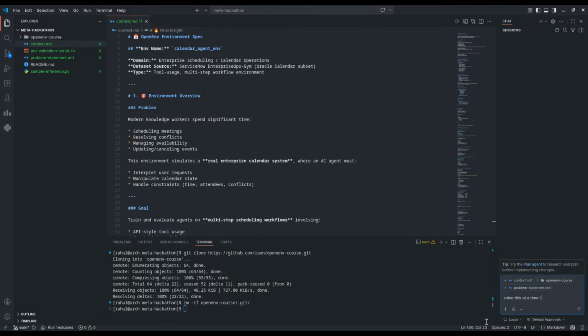Okay. I am building an environment for RL training with the help of OpenEnv, and the dataset for the training is taken from here.